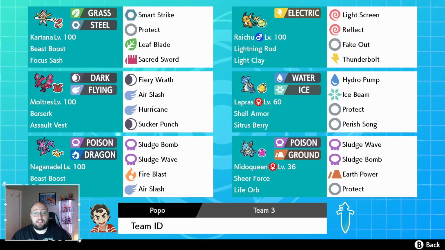If he does lead Indeedee and Hatterene in that second game, we are going to struggle a little bit because we won't have the right setup in the front, right? But that's why we also have the Sludge Wave still. So what we can do is Sludge Wave or Sludge Bomb, depending on what we think he's going to do, and switch into the Kartana, who can't be hit by Sludge Wave, right? So now we can have a nice Kartana out, or we can go with the Sludge Wave, and then have the Raichu set up Light Screen, and then we can just protect the Nidoqueen on the next turn